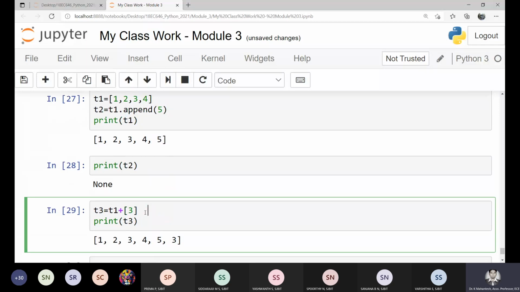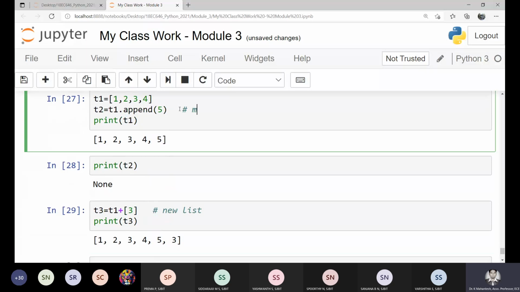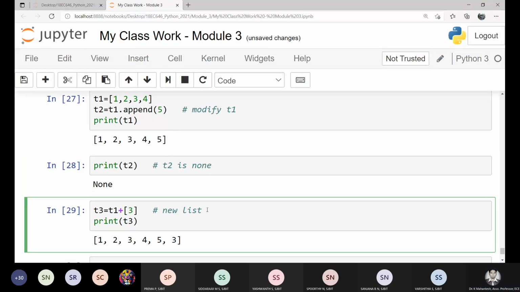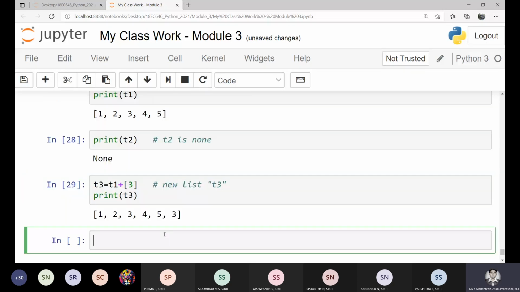Here I am trying to create a new list. Here I try to modify T1. But though you modified T1 and saved to T2, T2 is None in this case. And I've created a new list T3. Correct? Now shall I check whether T3 and T1 are the same? What is the answer? Sorry, T2 is T3. T2 and T3 are same